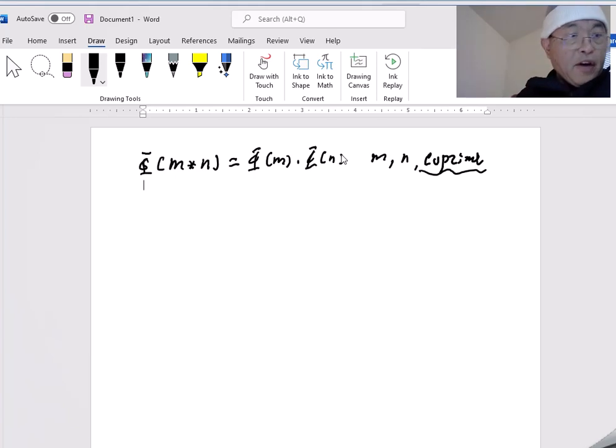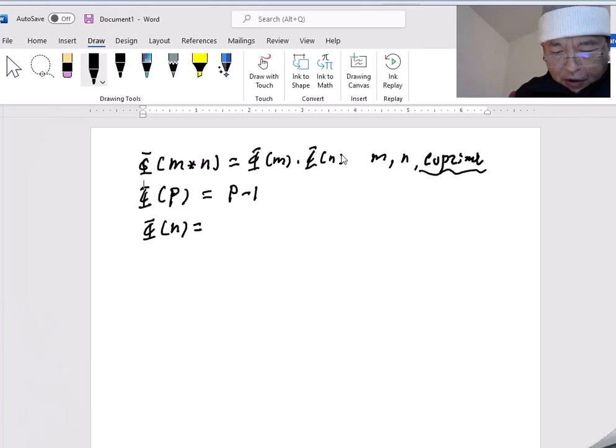Another thing is, if p is a prime number, the totient is simply equal to p minus 1. That's how the totient is defined. Then we have another property by combining these two. If a number n is equal to P times Q, where P and Q are prime numbers, but not equal to each other,